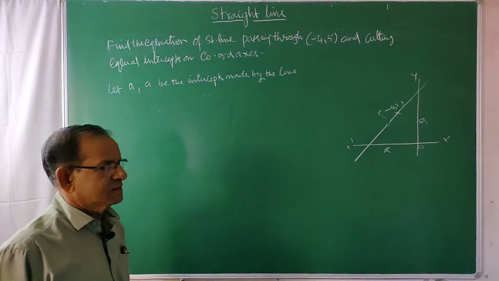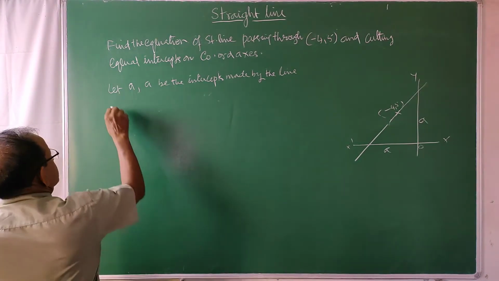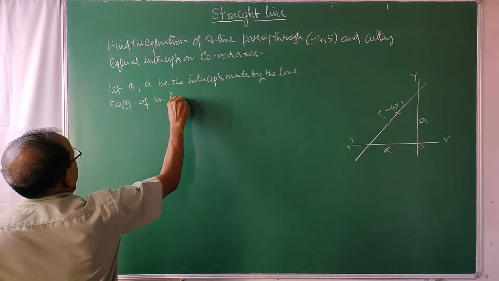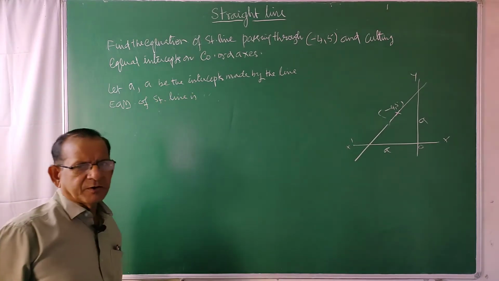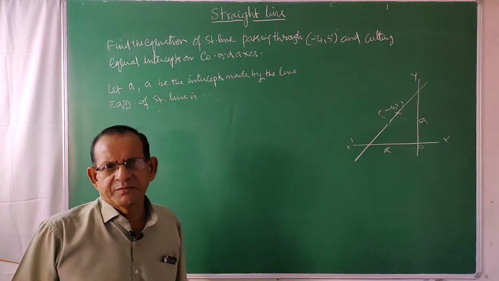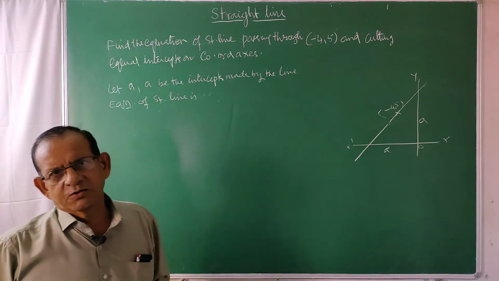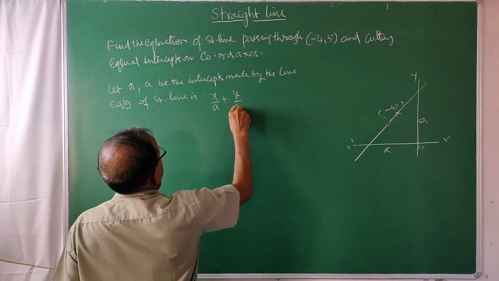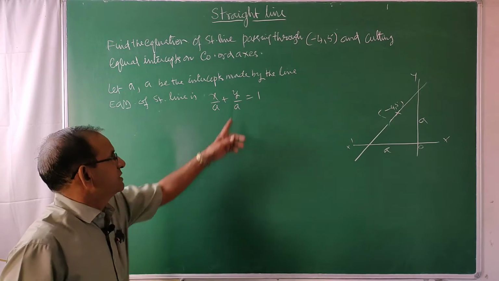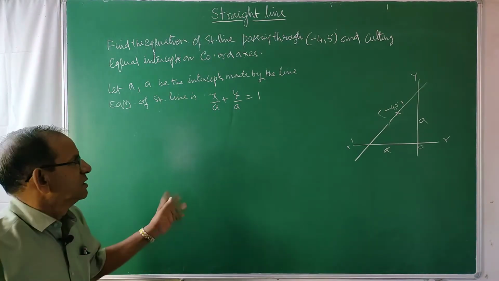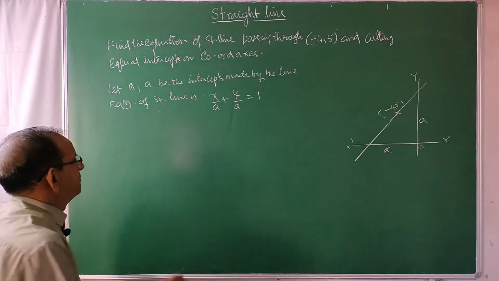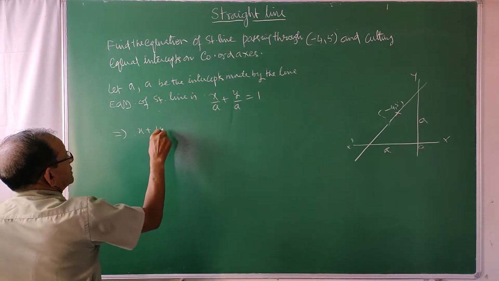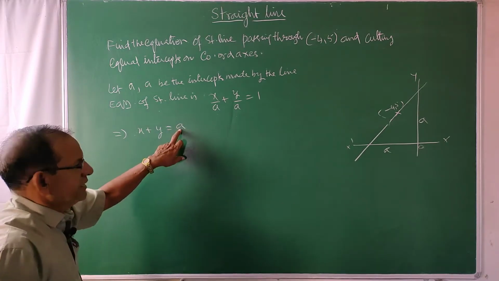On coordinate axis. Now, equation of straight line, you have to write in intercept form. It is actually x by a plus y by b is equal to 1, but here b is also equal to a. So, you can write it as x by a plus y by a is equal to 1. In place of b we are writing a because both the intercepts are equal. If you take LCM and cross multiplication, x plus y is equal to a. Still a is unknown to us.